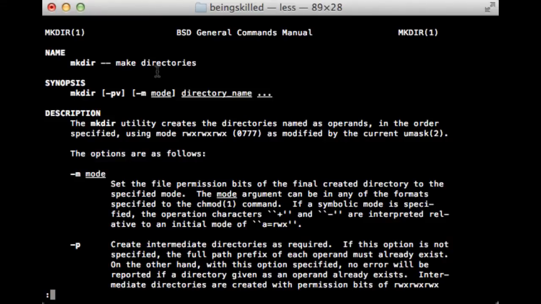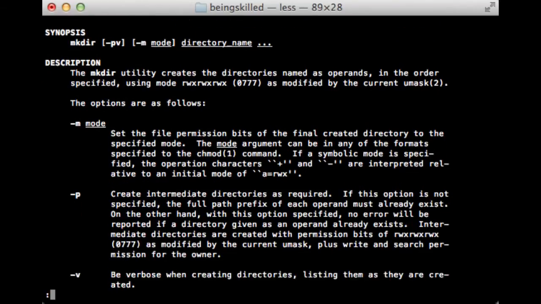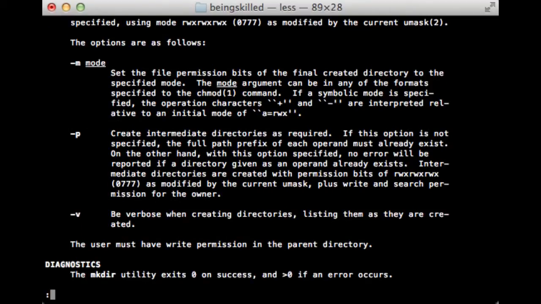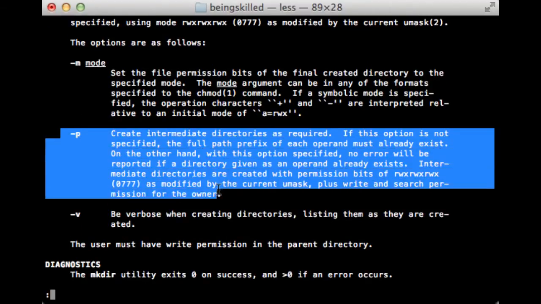Yeah, so it makes directories, and there are a few parameters, -p, -v, and different modes. -p is used for creating intermediate directories.